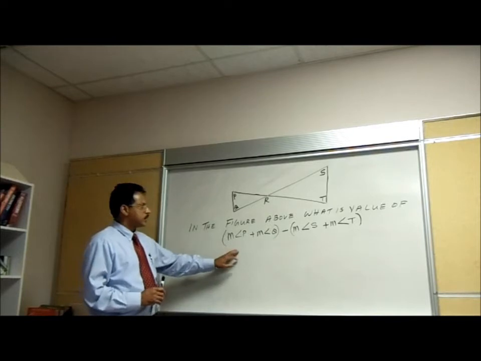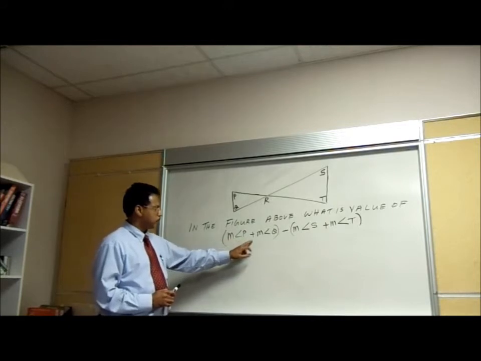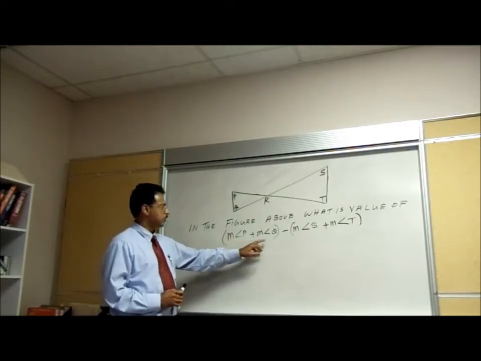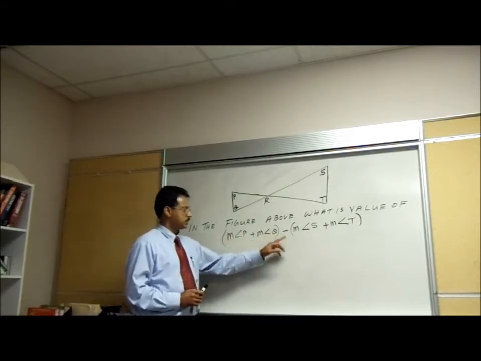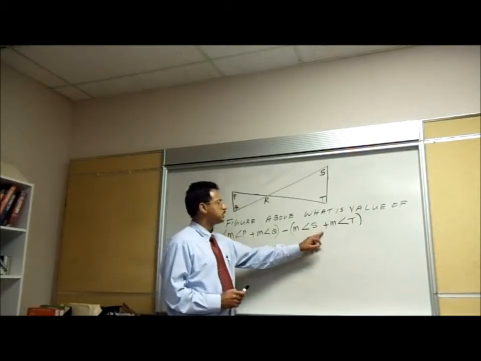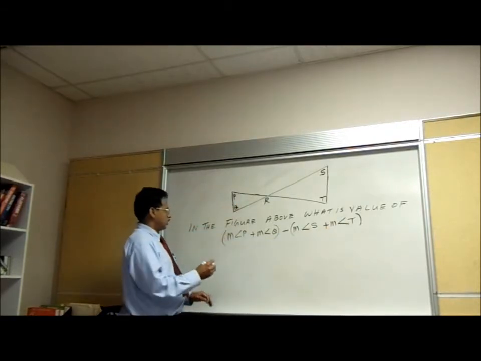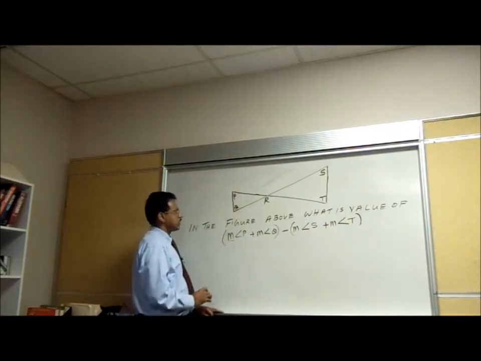In the figure above, what is the value of measure of angle P plus measure of angle Q minus, in parentheses, measure of angle S plus measure of angle T? M stands for the measure of angle. So let's